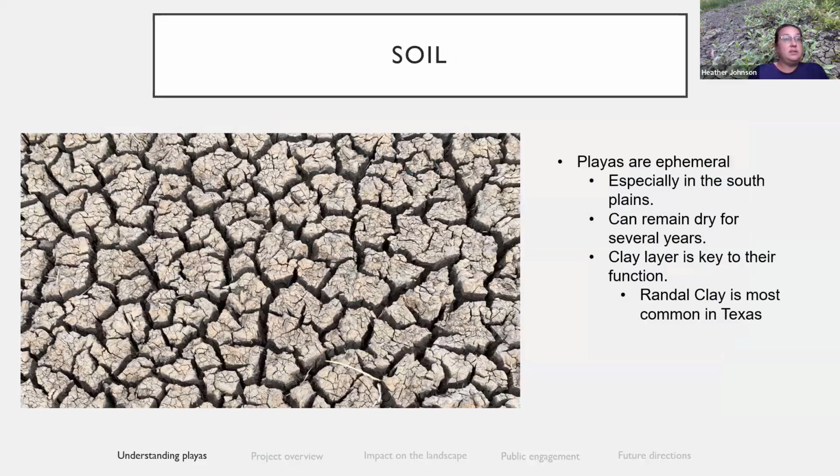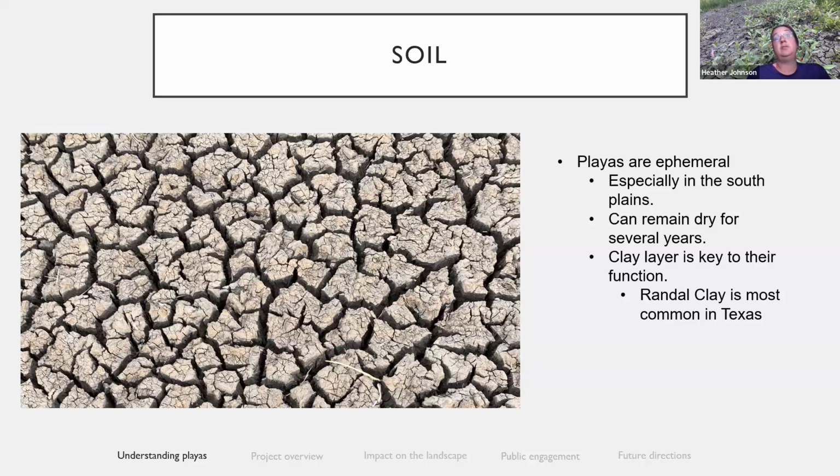So let's dive a little deeper. Soils in playas. As we talked about, playas are very ephemeral, especially in the South Plains. They can be dry for upwards of several years, which is partly why there's a struggle with them being classified as wetlands, because they're dry for several years instead of on a regular annual basis.